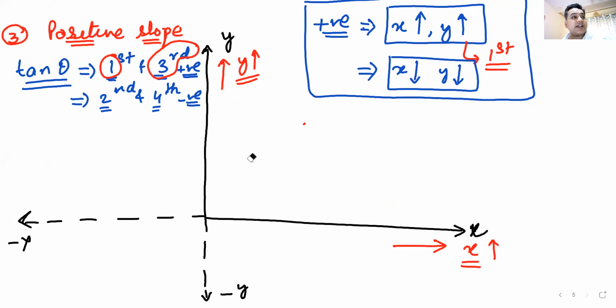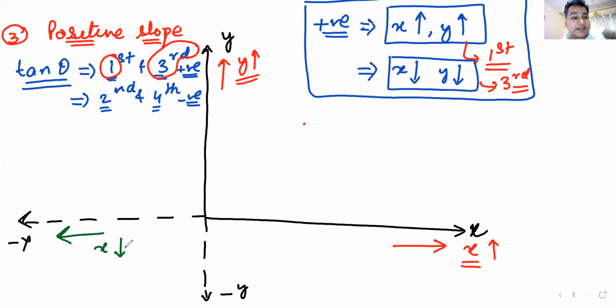Now, in which quadrant is this going to happen? This is going to happen in the third quadrant. Now let us see. What do you mean by X decreasing? I've told you what is meant by X increasing. Can anyone tell me what do you mean by X decreasing? If I'm moving along negative x-axis or towards left, X value decreases. Correct, Santosh. Going towards left, X is decreasing.